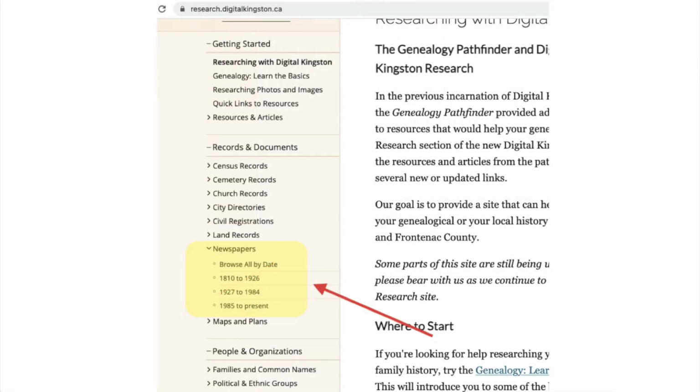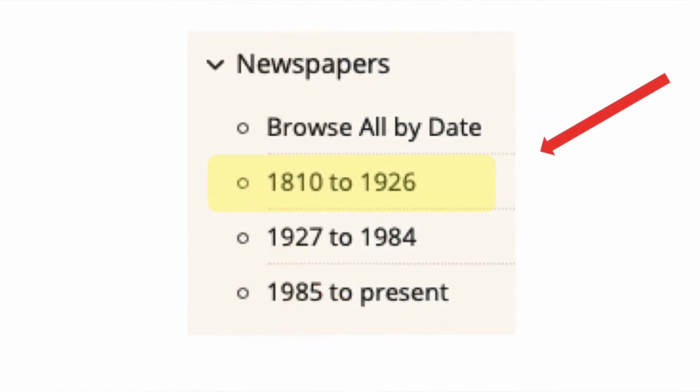If you click the down-facing arrow next to the word Newspapers, you can choose the date range you want to explore. Each needs to be searched in a different way. Today I want to show you a subset of the date range 1810 to 1926. We'll talk about how to search the very earliest newspapers, and then I'll give you 4 tips for even better